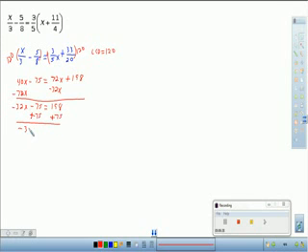So I have negative 32x equals 273. Divide both sides by negative 32 because I have negative 32 times x, so I have to undo that. And I get x equals negative 273